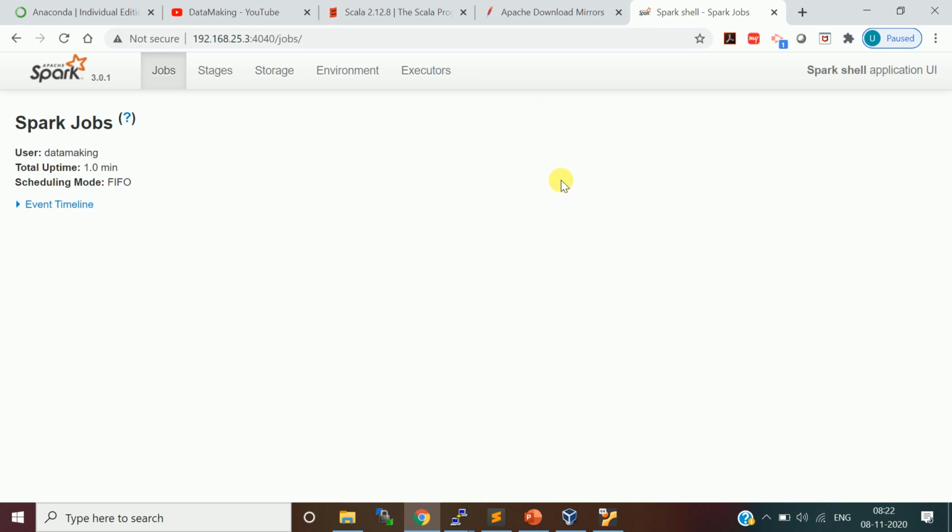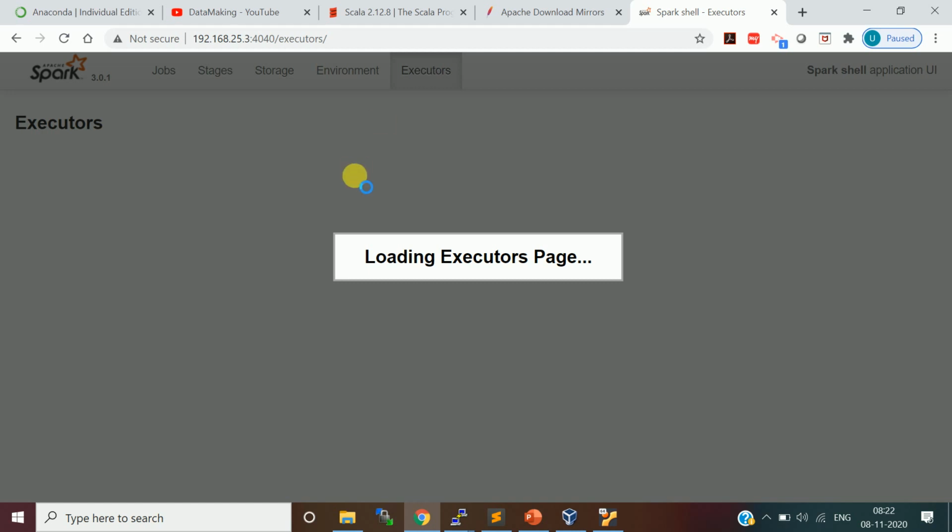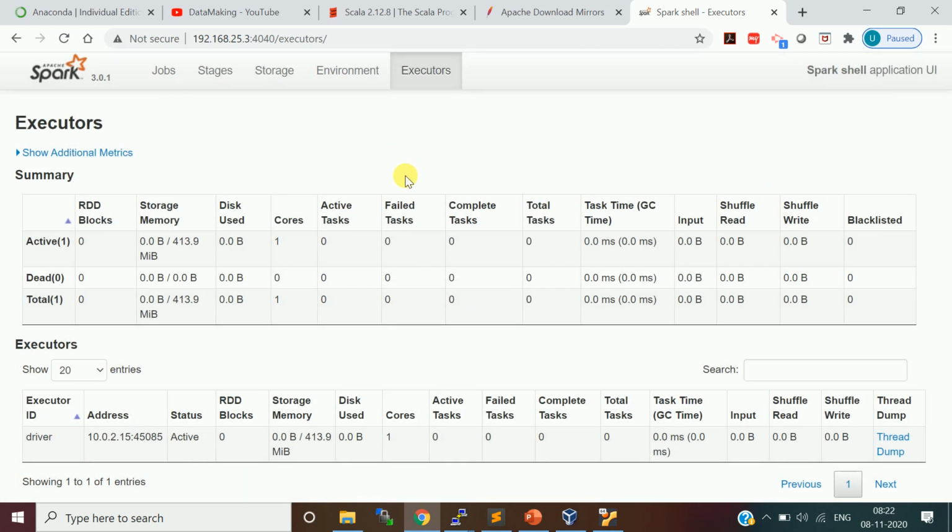So this is the Spark web UI when we run our shell. It comes with one executor, which is actually the driver process running.